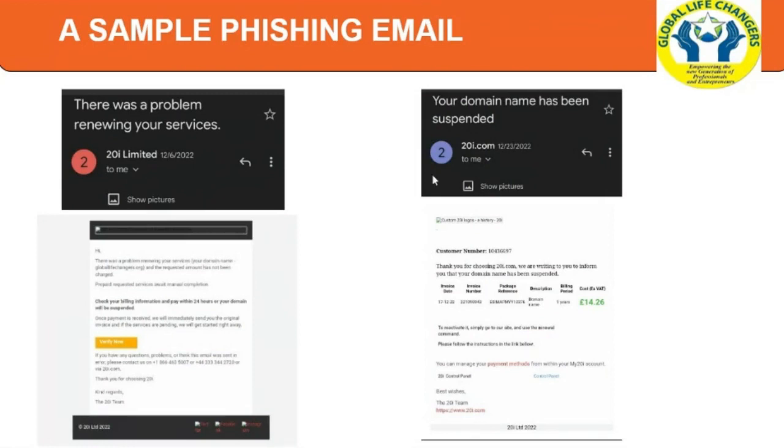And as I indicated, phishing messages always include a link to verify information. So you can zoom in and take a look at this part, the part that looks yellow. They say verify now. So that is a link. If I click on it, it will take me to a page where I will need to enter personal information like bank account details or whatever, which they can use to hack or dupe us. So I know who I deal with in terms of our website renewal or subscription or hosting, and I do not know you. Just look at the name 20i Limited. I mean, what is this? So I just ignored it.